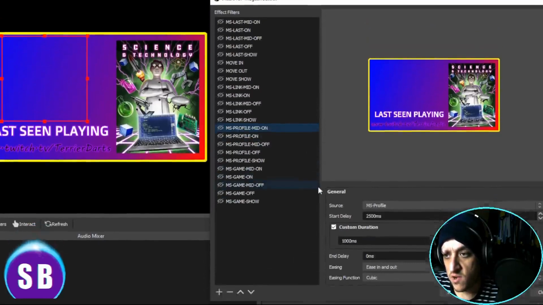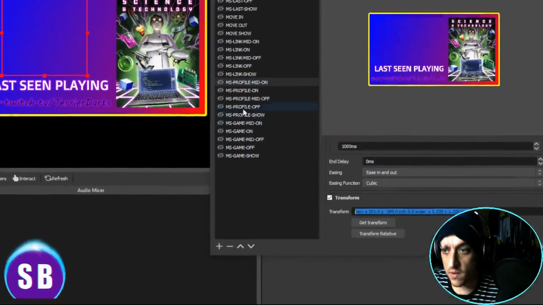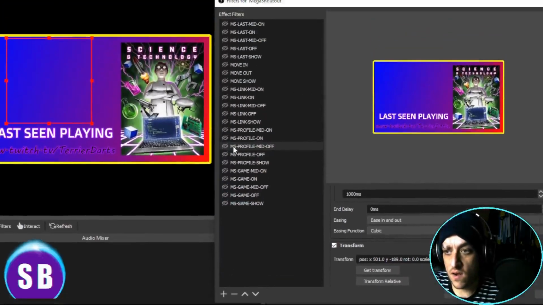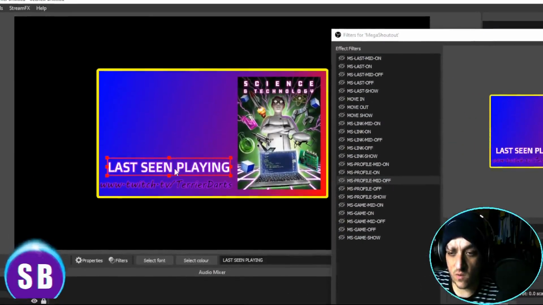So for mid on, what we'll do is we'll just copy this text. Control and copy, and go to mid off and paste it back in there. And now that one's done. So it's coming from the top downwards. This one's coming from outside. So you can use this,